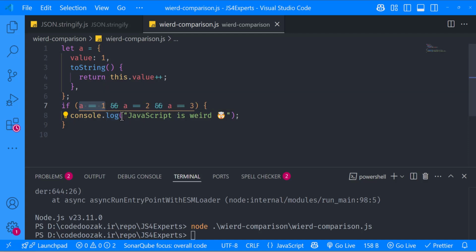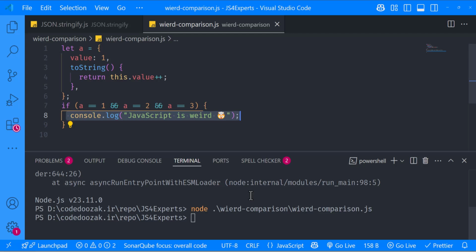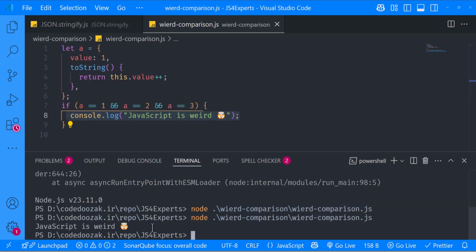So I think this would satisfy the condition and we will see the log. Let's try it and see if it's working or not. Yeah, we definitely see "JavaScript is weird" typed in here.